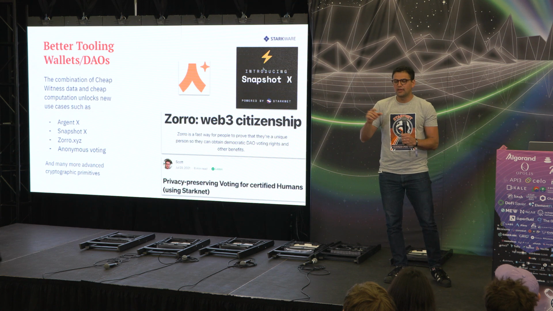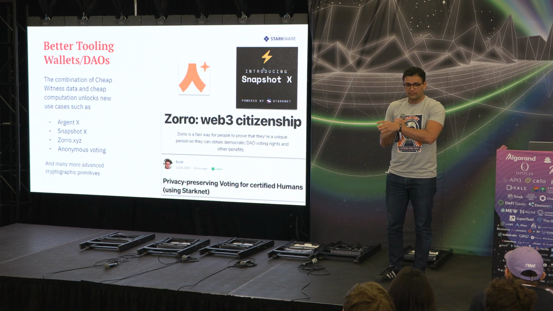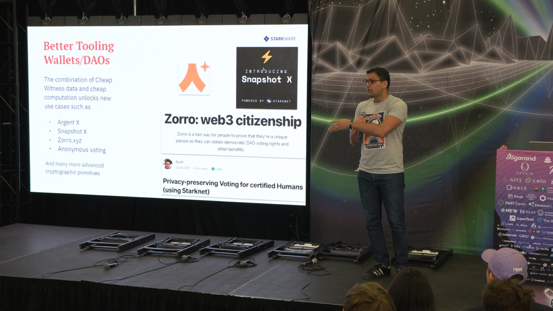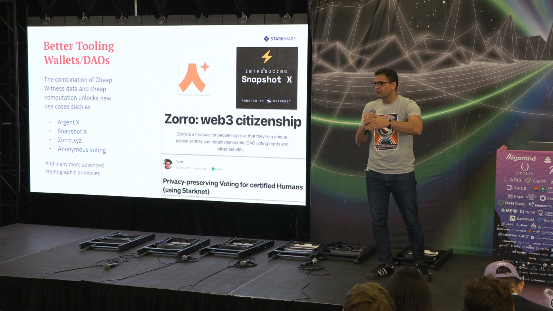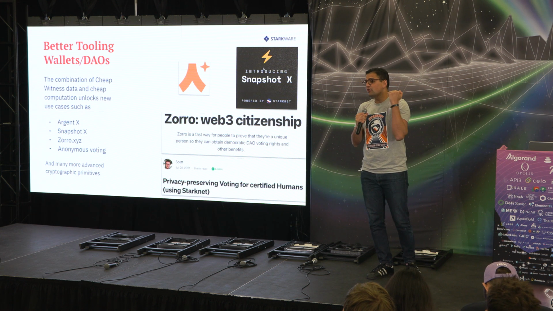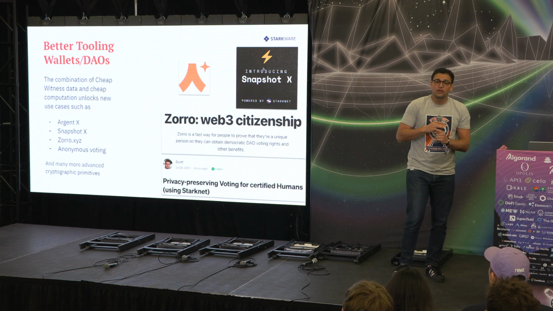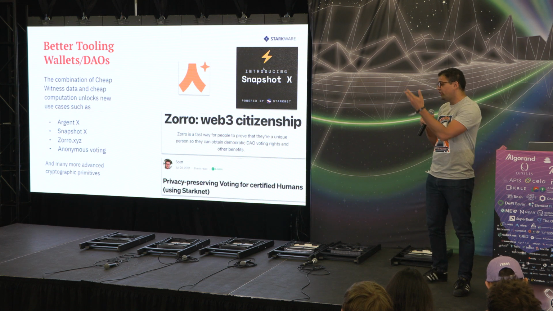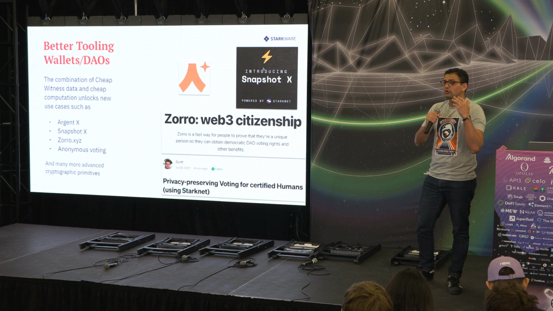How so? Because you can finally vote on layer one for cheap by offloading the verification of the vote to L2. So the way it works, for those that are familiar, is very fancy, something called storage proofs. It's very cool, and there are so many usages of this that have not been explored yet. A bunch of others: Zoro is building a proof of personhood. We see anonymous voting, and I'm expecting to see more and more advanced cryptography tooling like